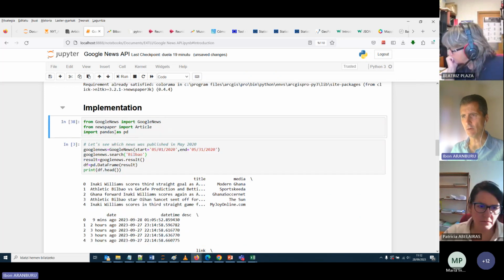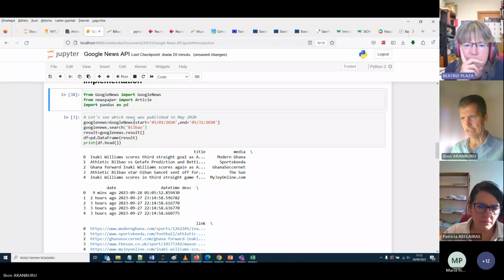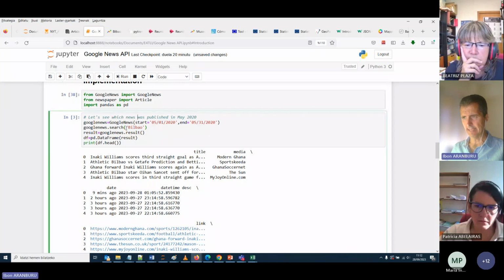Now let's see which news was published in May 2020. We can filter by a time frame, and for instance, we are going to look at which news was published in May 2020. For this, we just have to